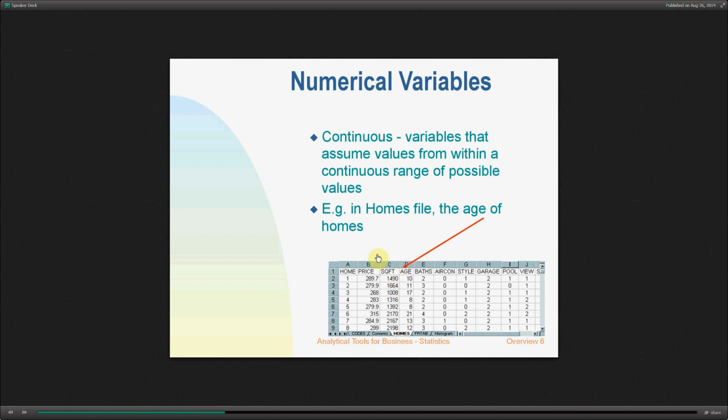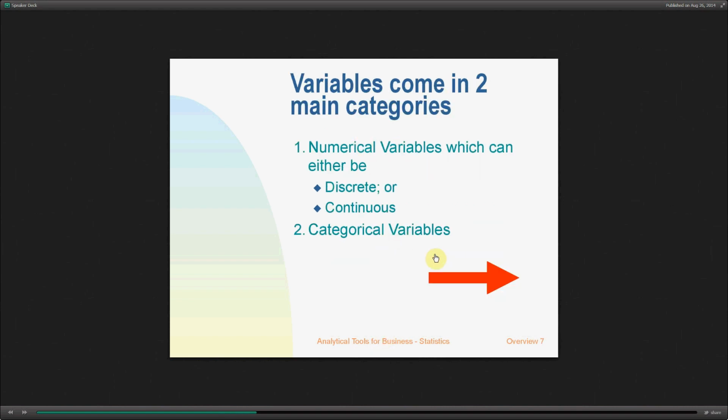So price and square footage would typically be considered continuous variables because you can get all kinds of different fractions and numbers in between, whereas age or say number of baths are probably not. Maybe age could be, but in this case it's not being used. But number of baths, definitely bathrooms tend to come in discrete units, 1, 2, 3, or maybe even 1, 1.5, 2.5, 2 3/4, but they certainly can't have any sort of fraction there. So baths would be considered discrete, and maybe square footage would be considered continuous. Okay,